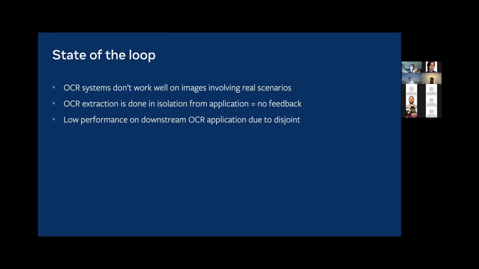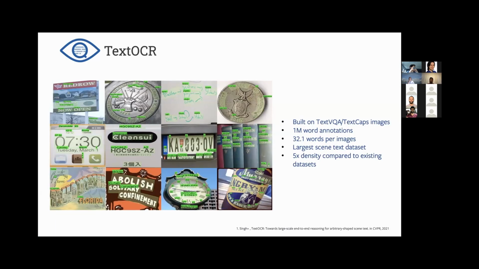So even if there was low performance on the downstream OCR application, there was a disjoint, and nobody cared about what actually happened on the OCR application. There was also no real-world large-scale OCR dataset available to make any progress on this side. So this led us to create TextOCR, which was collecting the OCR or text tokens